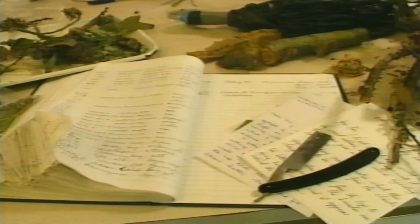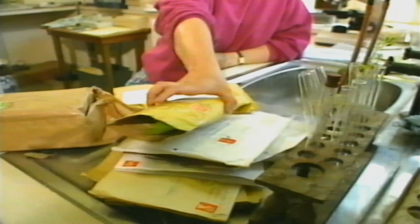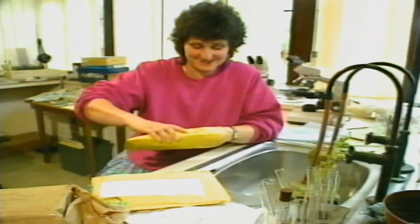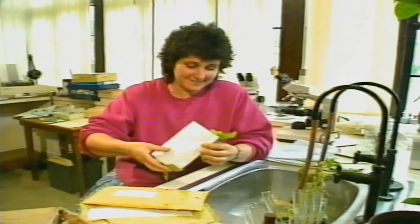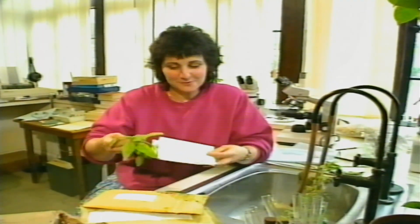Every day, the problems and the pitiful results of the problems pour in. Well, there's about anything you can ever imagine. We don't get any of the healthy stuff here. We get all the plants which are breathing their last and are oozing and sliming and rotting and falling apart generally. We get everything that no one else wants to touch, really, because we deal with all those plant diseases